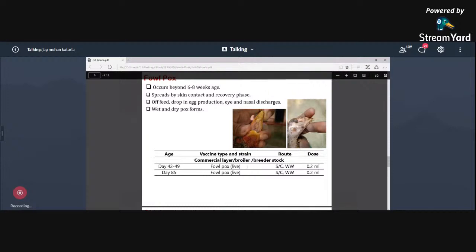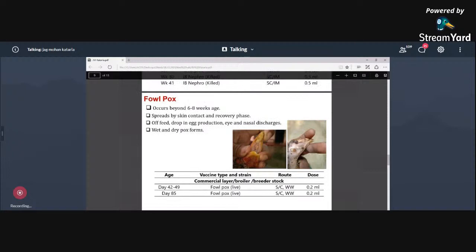Now, another very important and very old disease, but the good point of this is that it is a very stable virus. You know, pox, smallpox we have been able to eradicate because the virus was quite stable, and cowpox virus was giving cross protection, and that was working very well. But in poultry, this is fowl pox, and in poultry almost all the species have their own pox, like canary pox, quail pox, turkey pox, and they can infect each other. But the vaccine which is available is fowl pox, and earlier even pigeon pox vaccine was used for young chicks,